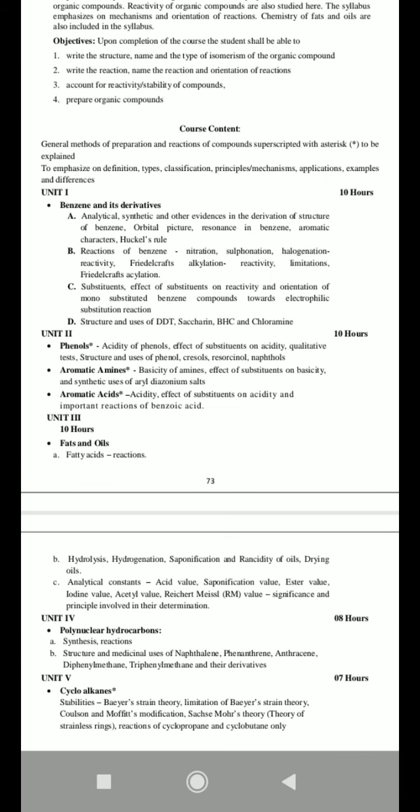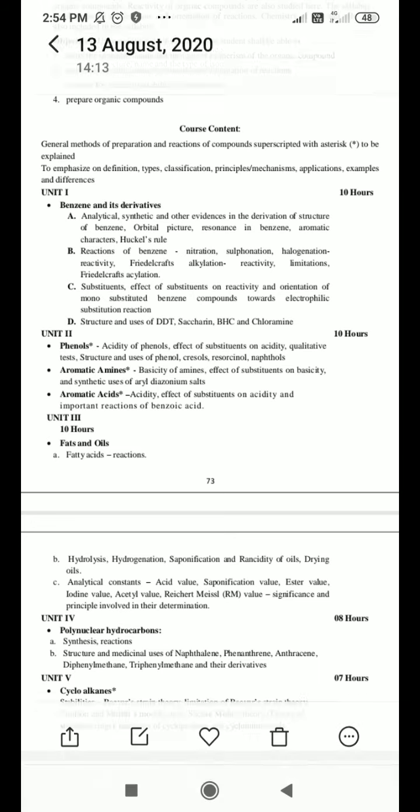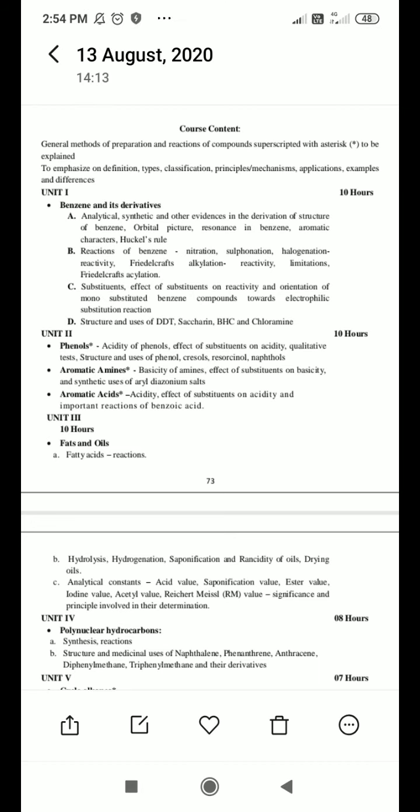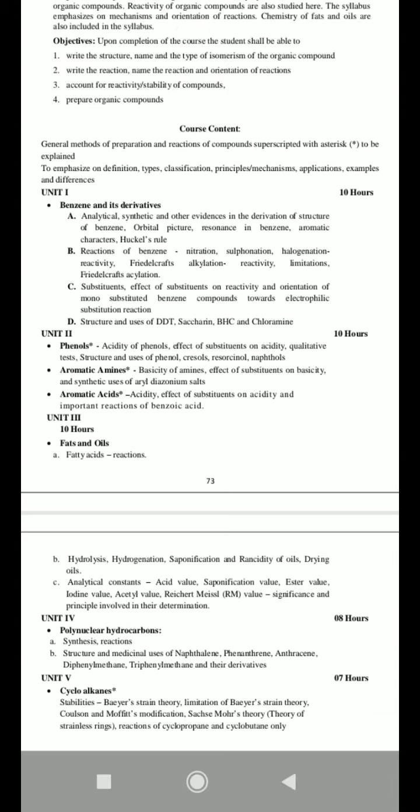But in the case of quantitative, which instruments are we using for quantitative purpose? I think in pharmaceutical analysis, you have performed different assays, different assay techniques. In that you are calculating the percentage purity of that compound. This is the quantitative test. Okay, are you getting the difference between qualitative test and quantitative test? This is the basic difference.